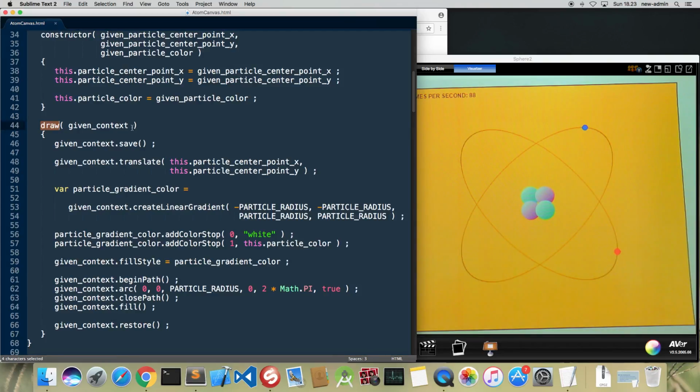So what is being done here, first, when this drawing context is received as a parameter, we first save it so that we don't disturb any other drawing operations, and then at the end of this method we restore the drawing context, and then with these statements we first translate the center point of the graphical coordinate system to the center point of the particle,